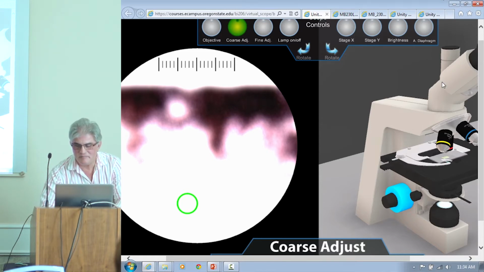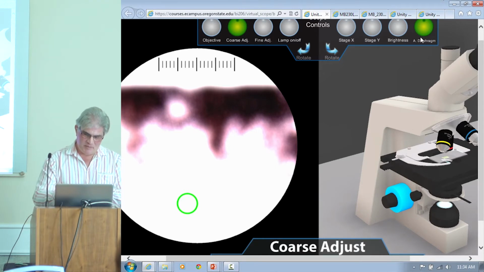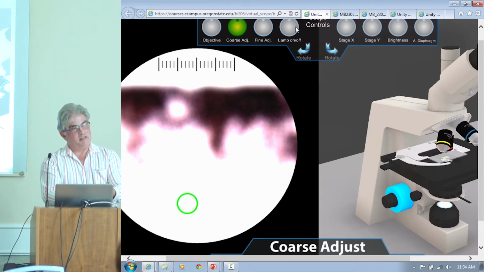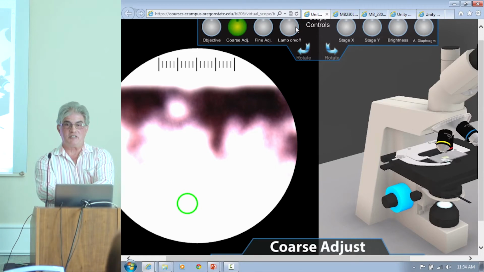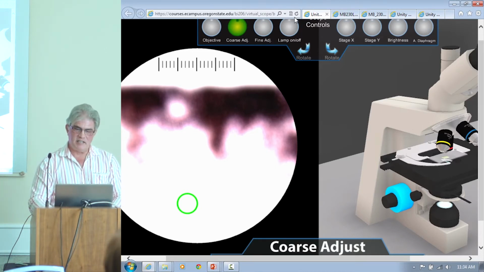I'm just going to skip this because I'm having too much trouble with the mouse pad. But essentially, you can focus the microscope, you can move the slide around on the stage, and you're going to see the image moving around. And you can then change powers and look at it at higher power.